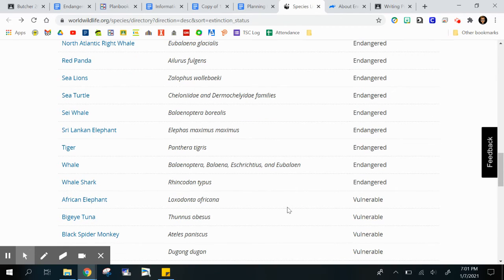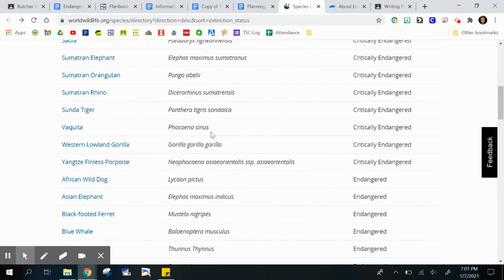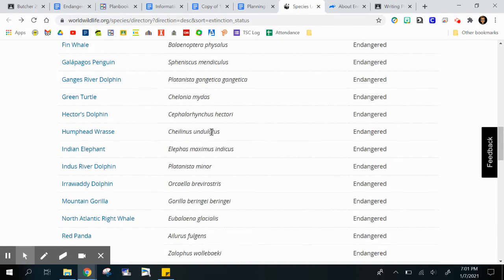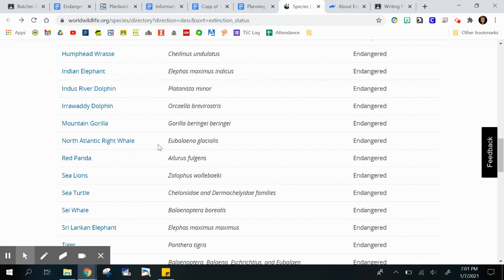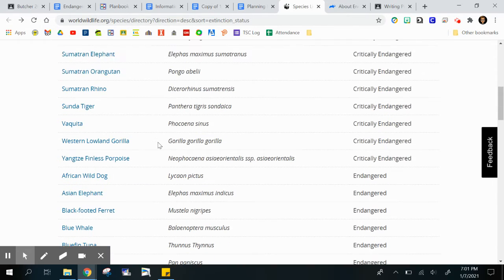And now right here it says vulnerable. So we're going to stop at vulnerable because those ones are really close to endangered, but they're not quite endangered. So since this is an endangered research project, we're only looking at the ones that say endangered or critically endangered. So you can go through and choose any of these that you want from either of the websites. Whichever one you pick, though, we're going to type into our